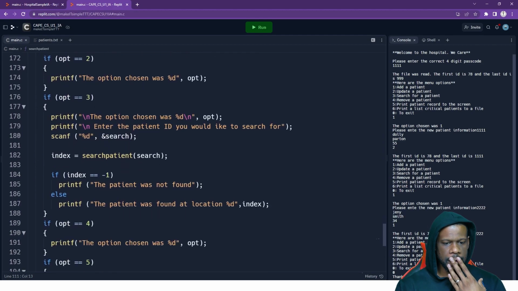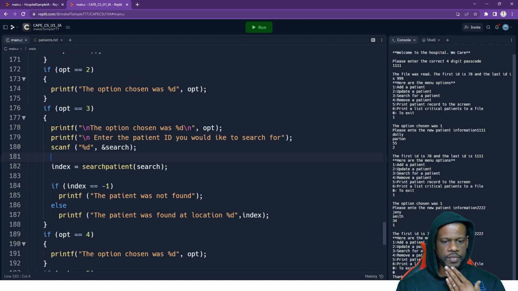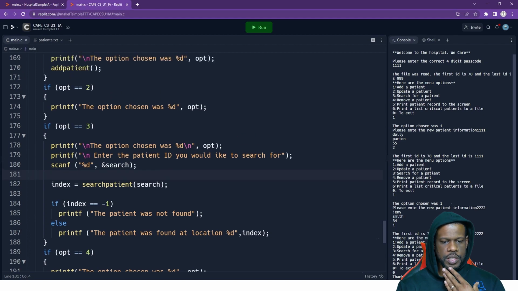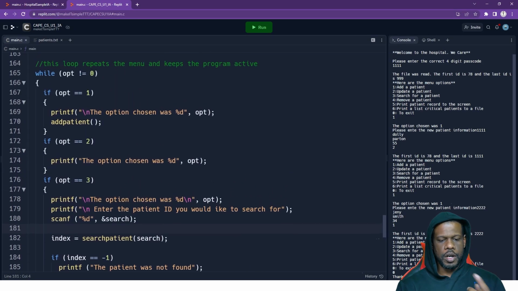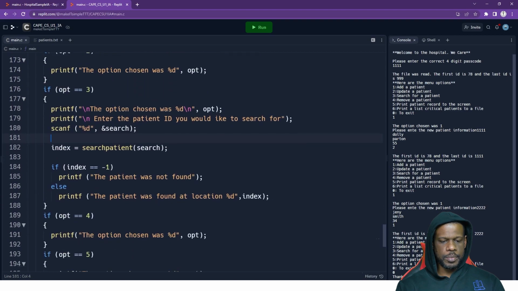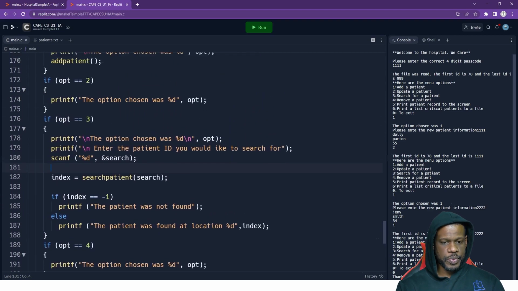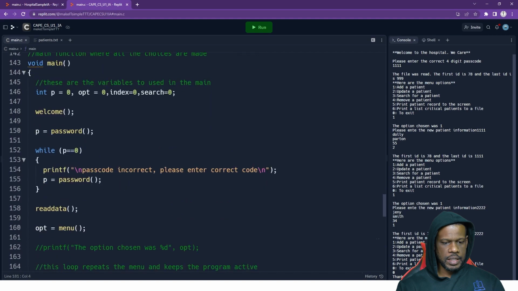So yeah, let's look at the search patient here. So search patient data. We're asking the user to enter who they want to search for. So we put the if inside there. We ask if the index is -1, print the patient was not found, or print the patient was found at that particular location. So we have done option 3, which is the search function, and we have the add patient. Now that I have the search function in place, I could move on to a next function that's pretty simple to do, which is the